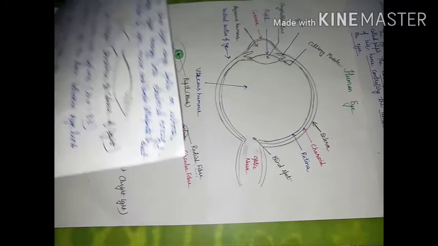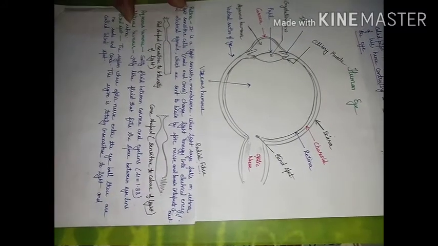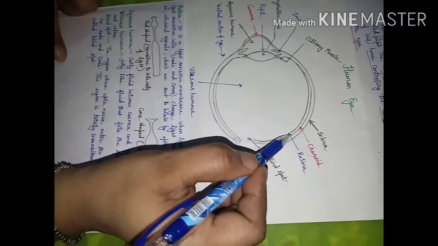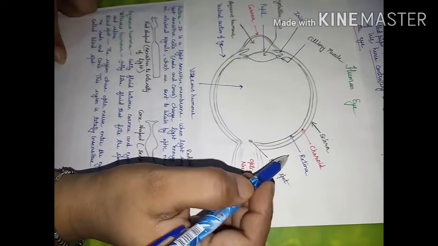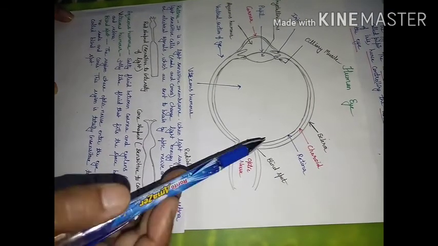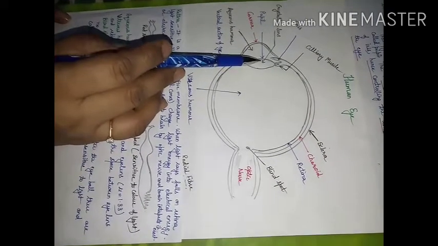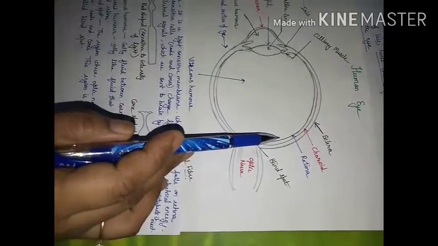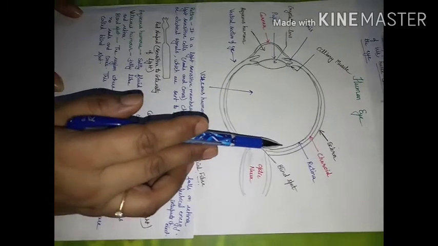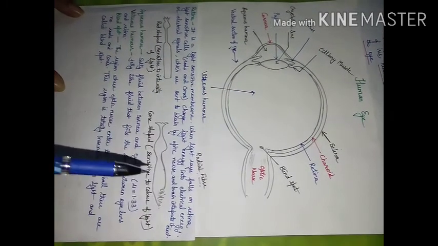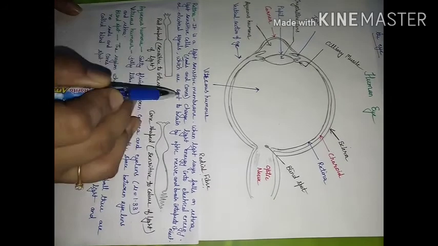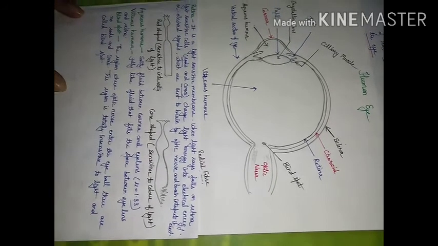The next part of the human eye that we are supposed to consider is the retina, this third layer. The retina is a membrane which acts as a screen where image formation takes place. This is a convex lens, so a real and inverted image is formed on the retina. And on the retina, we have light sensitive cells. These cells are either in the shape of rods or in the shape of cones.